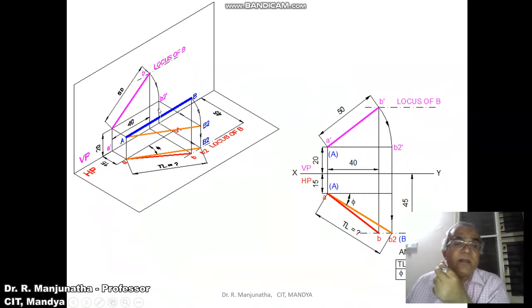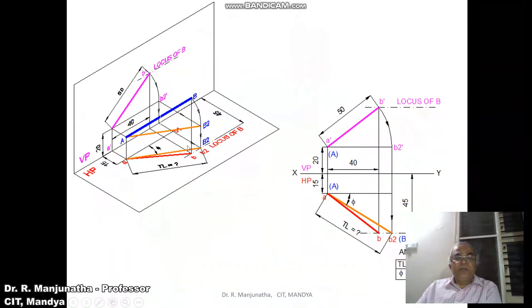Correspondingly, in the top view it is going to be the true length, and when it is projected, that projected point is going to be on the locus of B in the top view. Then join AB2, which is the true length, because both capital A and capital B2 are above HP by 20 mm. So now the line is parallel to HP, so we are getting the true length in HP. This is how you will be able to analyze the problem in 3 dimensions. Now we are going to solve this by using the sketchbook.